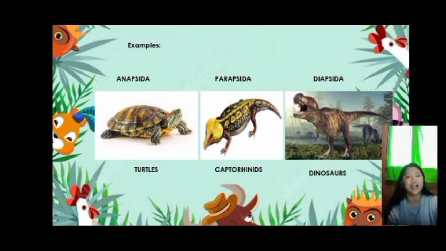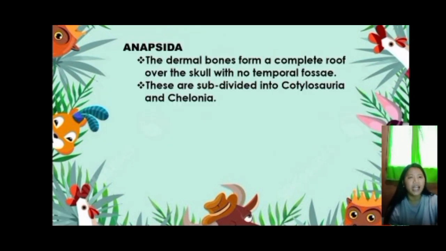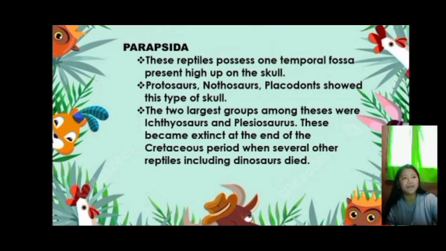The example of Anapsida are turtles. The Parapsida are cotylosaurs. I will insert a picture so it is easier to identify what the animals are. The Diapsida are dinosaurs. In Anapsida, the dermal bones form a complete roof over the skull with no temporal fossae. These are subdivided into two: Cotylosauria and Chelonia. And the Parapsida, these reptiles possess only one temporal fossa present